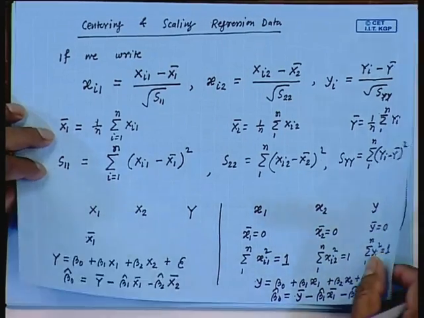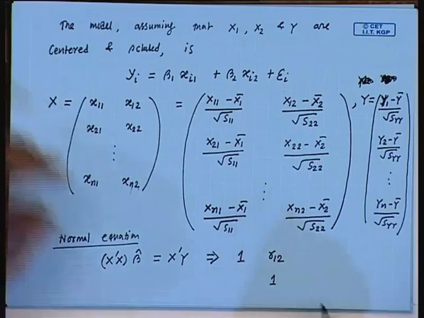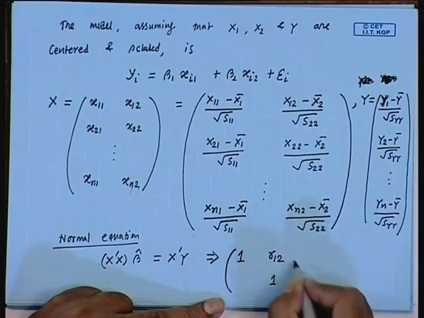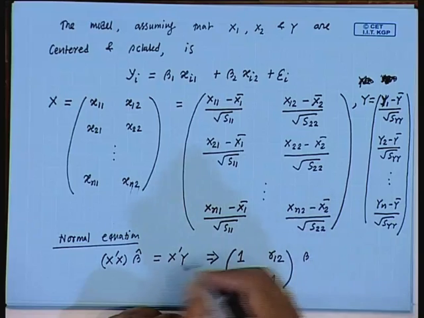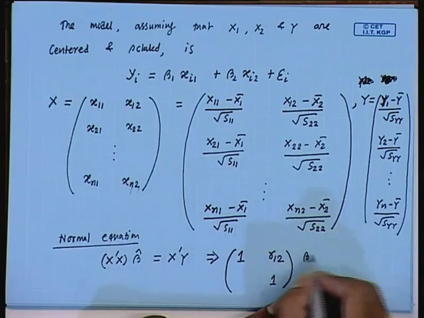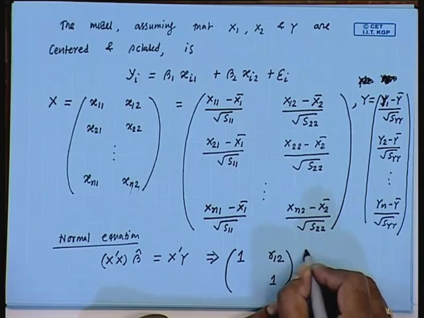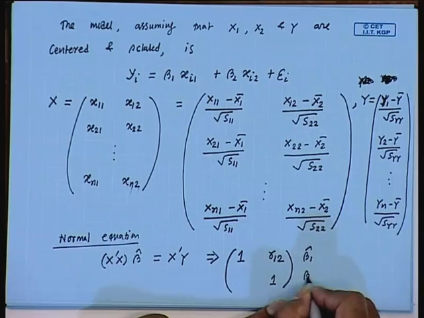That is why these two elements are equal to 1, and beta hat here, this matrix beta hat has two elements, beta 1 hat, beta 2 hat,